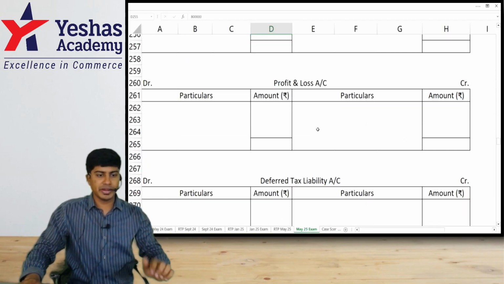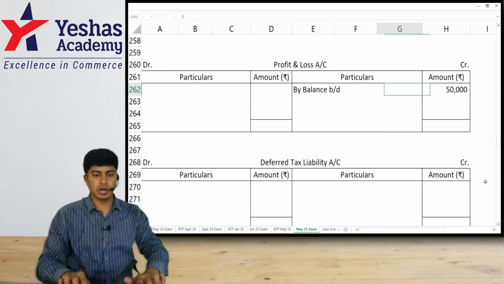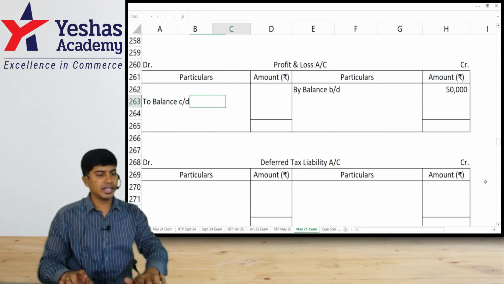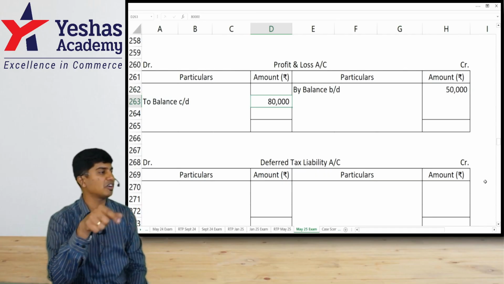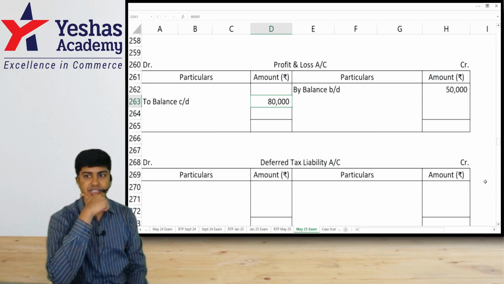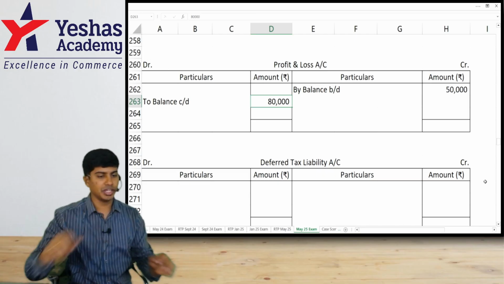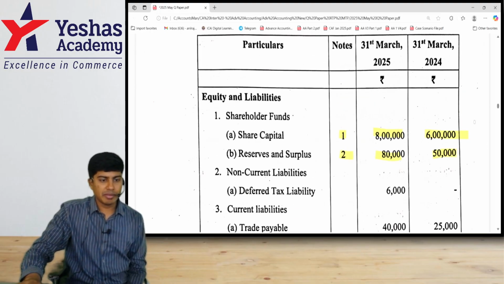So we will prepare one ledger called P&L, and then right here, balance brought down 50, balance carried down 80. This should be very instrumental in determining net profit for the year, which is the starting point for operational activities. Am I right? Yes. Very good. Then what do we have after that? Come back to the balance sheet. I'm done with equity share capital. I'm done with reserves and surplus. The next item